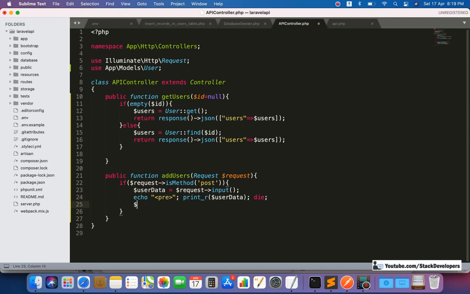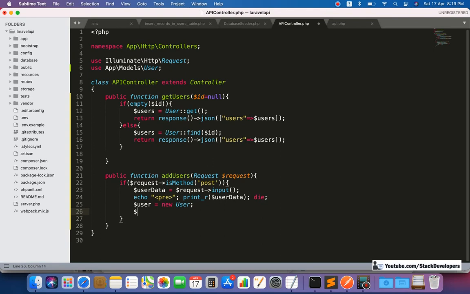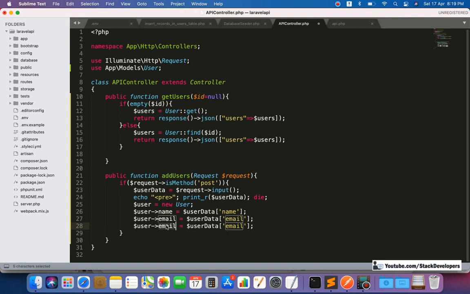So I'm going to add like $user equals new User, $user name equal to $userdata name, and email, after that password.